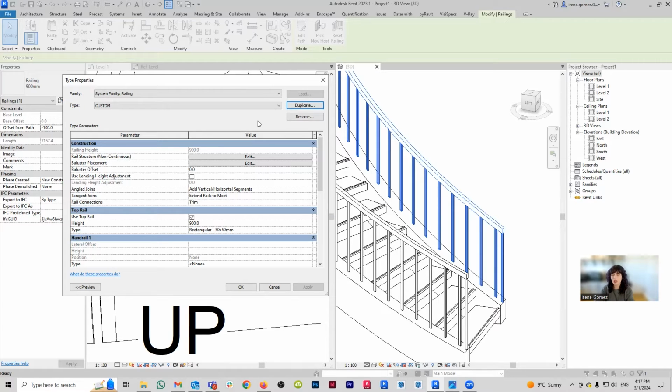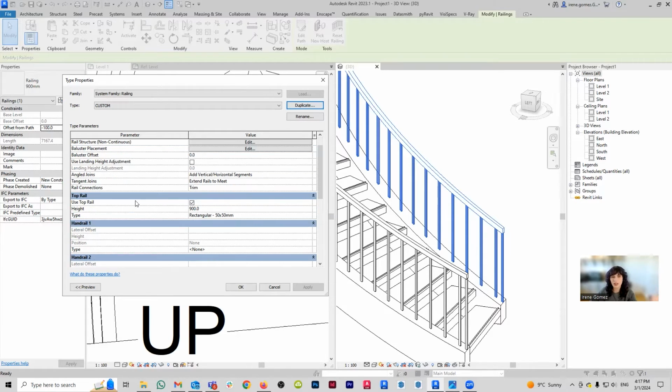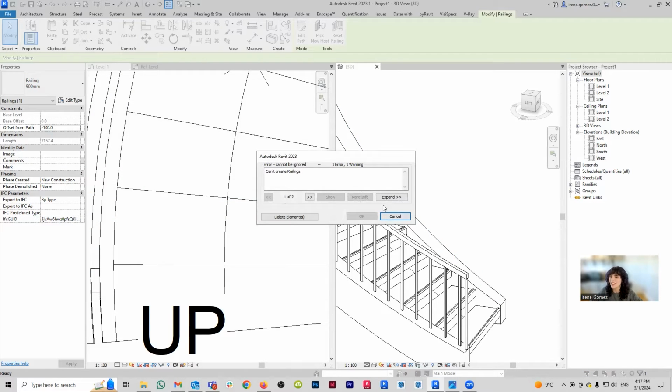So when you're working with them, for Revit, the most important thing is going to be the top rail or handrail, because you always need to have one of those. Otherwise, there is no railing. You don't want to have a railing that is just bars that you're grabbing. You could, but I'm not sure if you're going to get insurance under those conditions. So if I want to have that pipe railing, that's going to be this guy over here. See, if I uncheck this guy and I say apply, and I say okay, oh God, everything is going to disappear. And you're going to see why in a second.